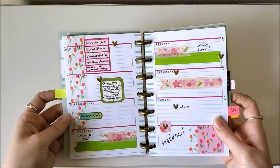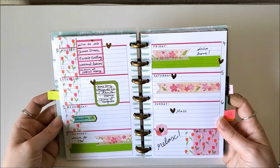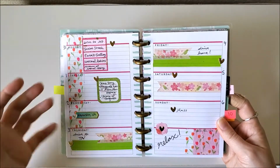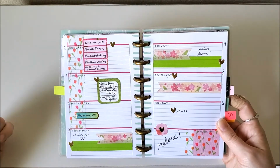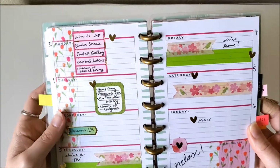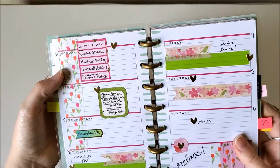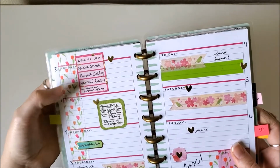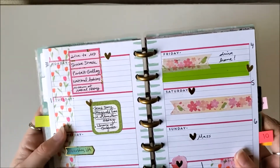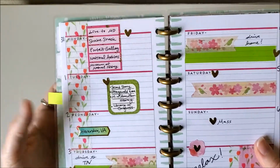But what bothers me the most about this spread is that it looks like nothing happened this week. I have 2 list boxes and that's it. But this was action-packed, all right? This day I drove into Maryland to visit my best friend from college, and we went into DC and visited all these great places. I had Shake Shack for the first time. We went to the Museum of Natural History and the National Archives. The next day we went to a fancy bookstore and the Museum of American History and the Library of Congress,